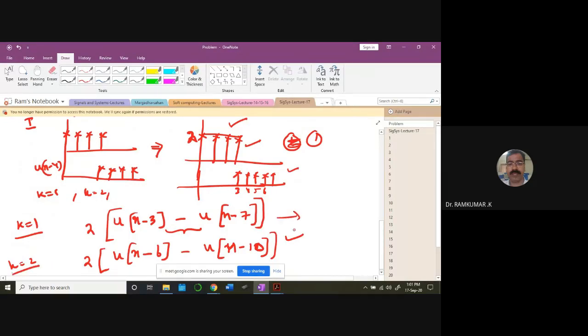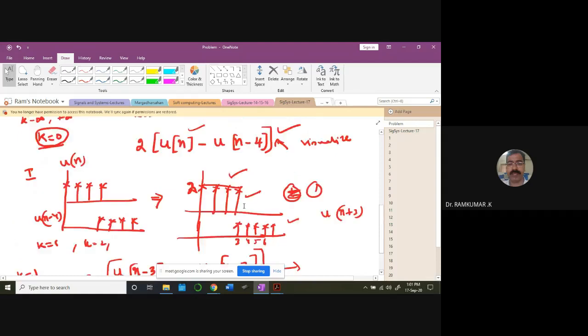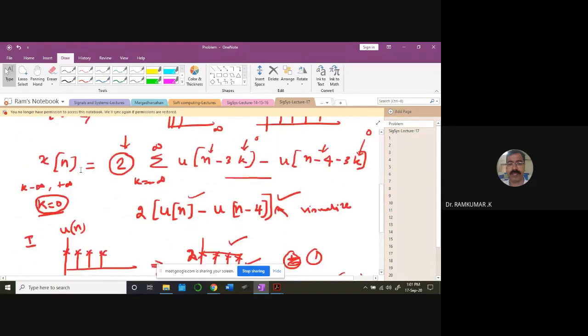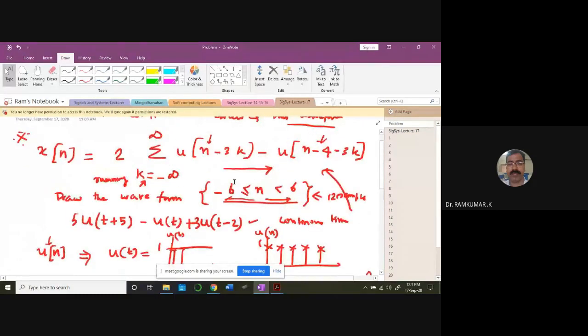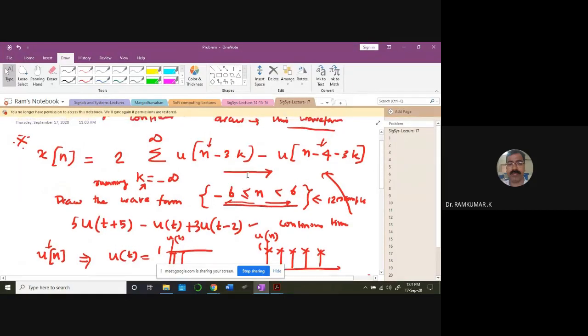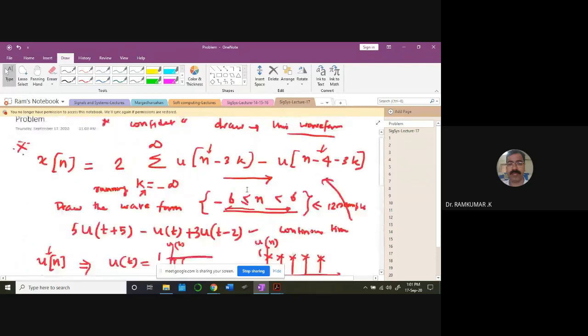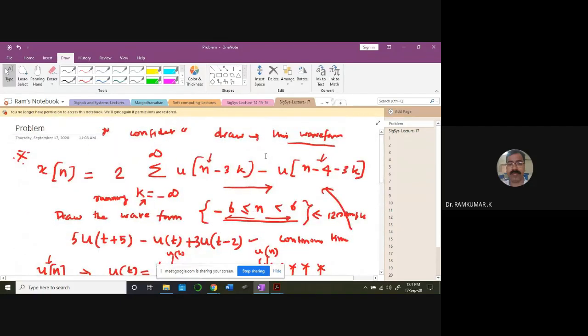So if you draw this waveform, finally you add all this. Then you have to do it for n plus 3 also, because you have plus 3 plus 6 also, primarily because you are moving in this way also. Look at this, you are looking for minus 6 to 6. This direction you can draw, then you have to draw for this direction. Add all those signals, you can get the final result. Okay, so it's a little tricky, but you can do it. Only simply addition and time shifting operations. If you know time shifting, you can do it.